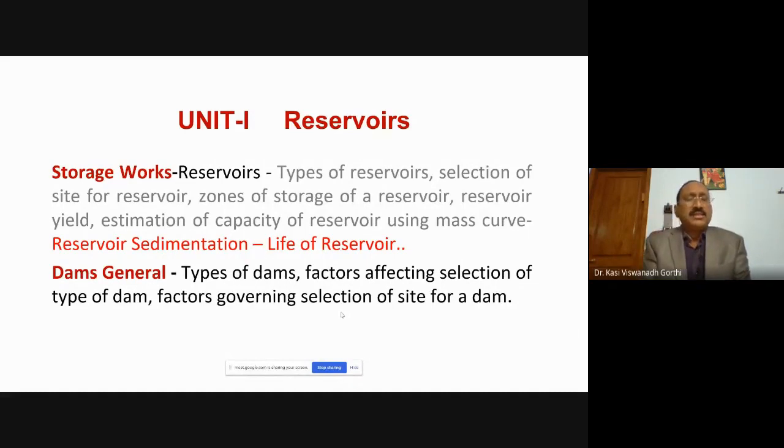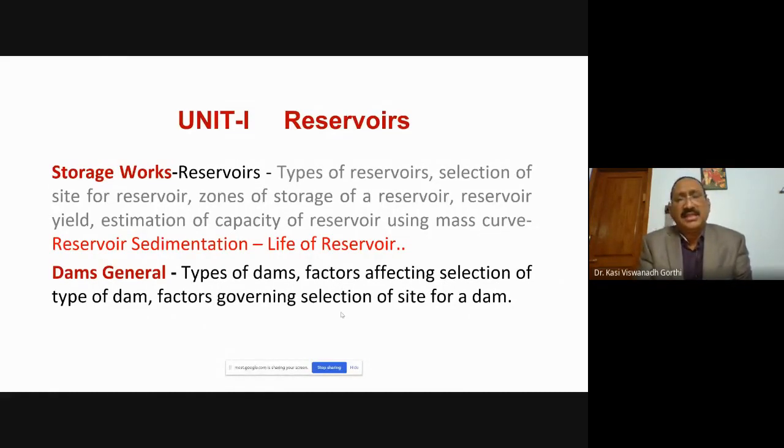In today's class, we look at the sedimentation in the reservoir. As we have been indicating from the first class, sedimentation is a very big problem. How is this a problem? Because the soil particles, the silt, the clay, which is being carried along the flow of water, gets settled in the reservoir. If this is getting settled in the reservoir, the effective capacity of the reservoir will be reduced.